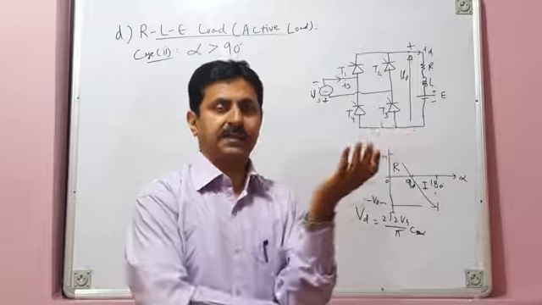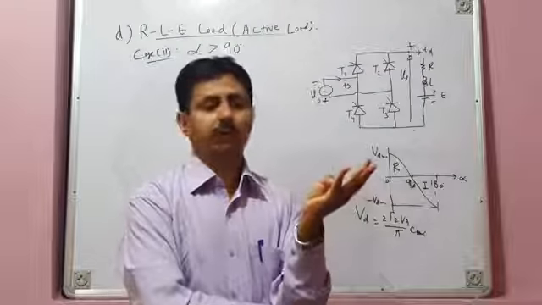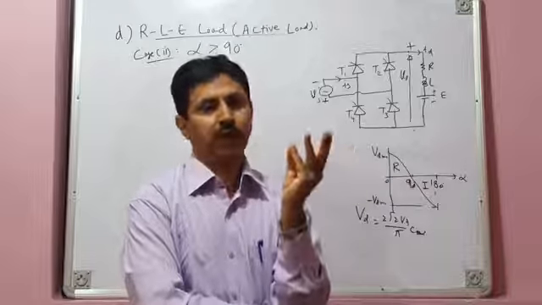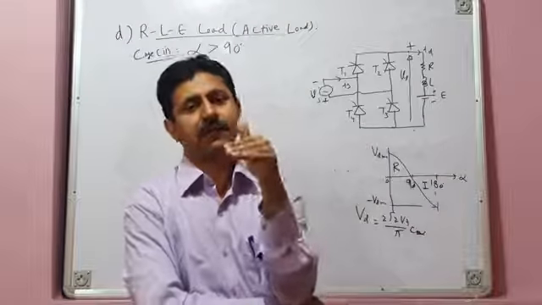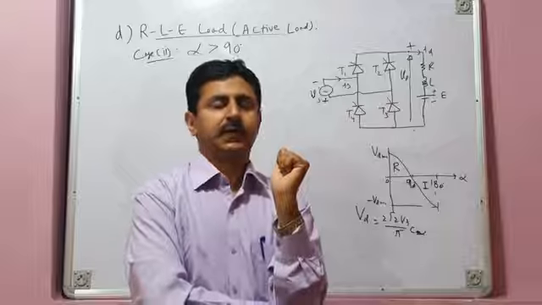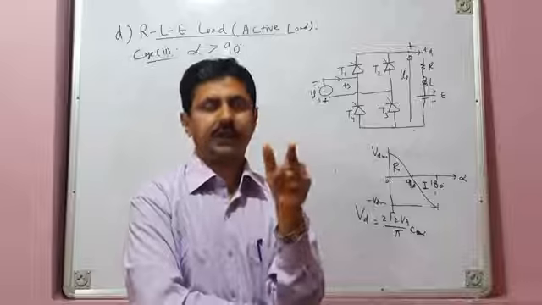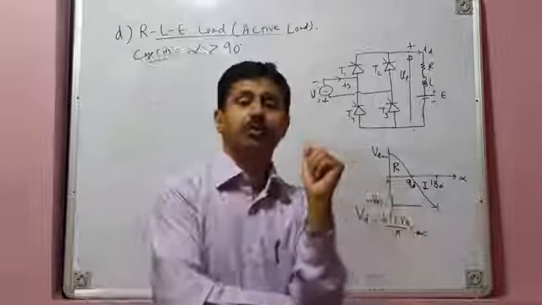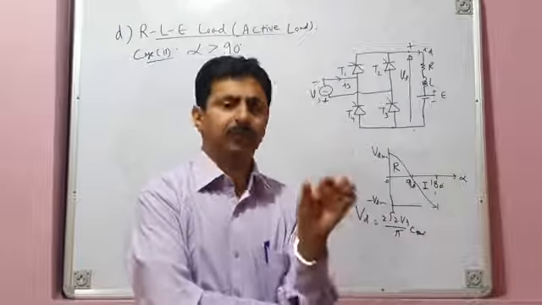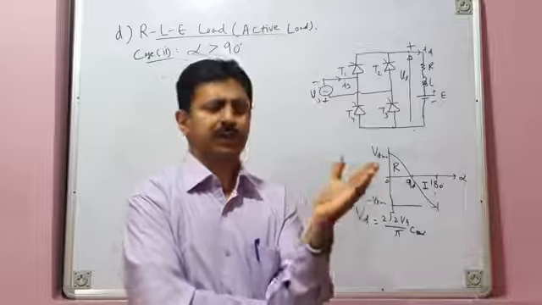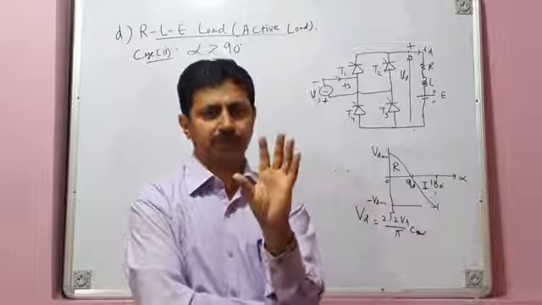We have already analyzed the operation of a single phase full converter for purely resistive load, for purely inductive load, for RL load. And in all those types of loads, we have analyzed the operation for alpha less than 90 degrees as well as for alpha greater than 90 degrees. For alpha greater than 90 degrees, for R load, L load, RL load, we have seen that inversion mode does not occur. Your average output voltage never becomes negative. It always remains positive for R load and RL load. And for L load, it becomes zero. Whether alpha is 90 degrees or greater than 90 degrees, average load voltage is always zero for purely inductive load.